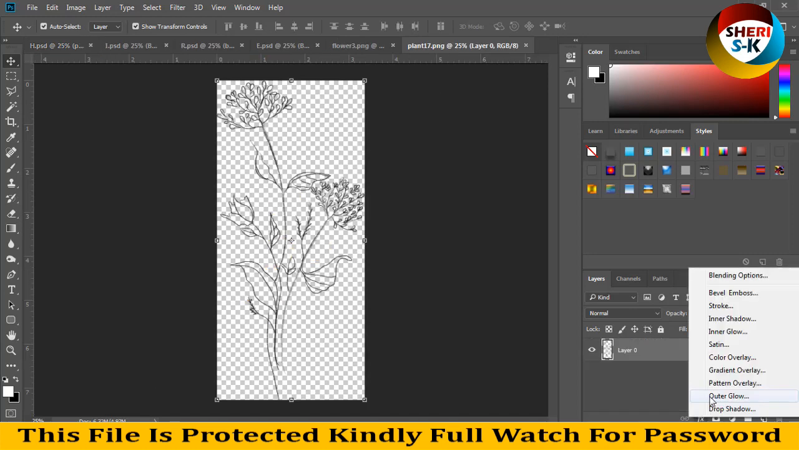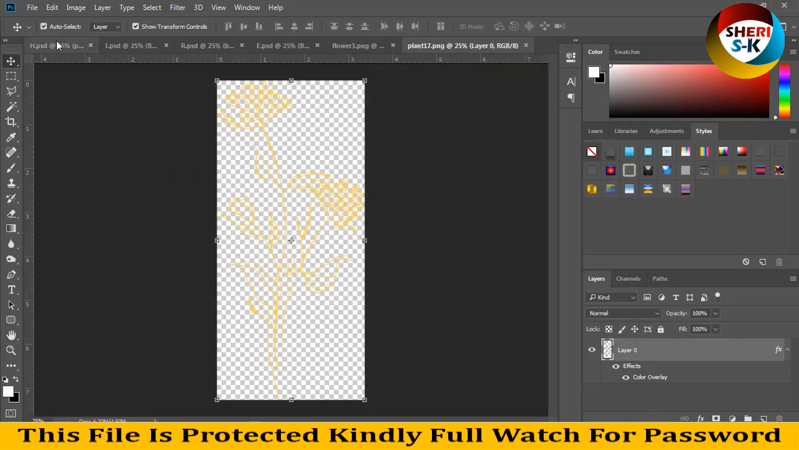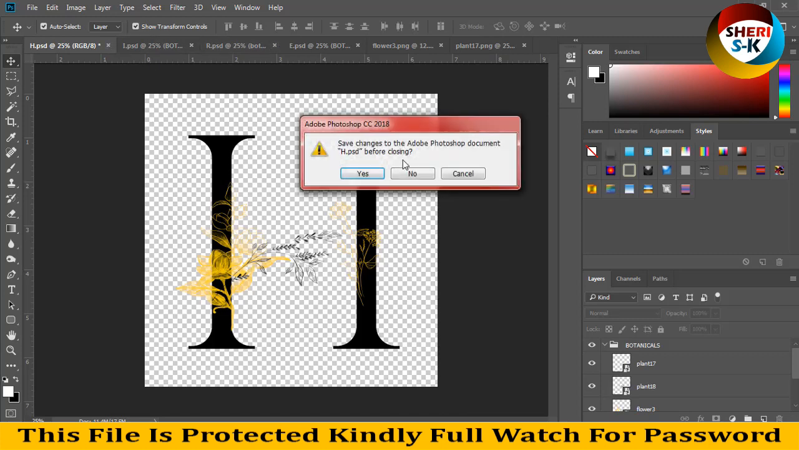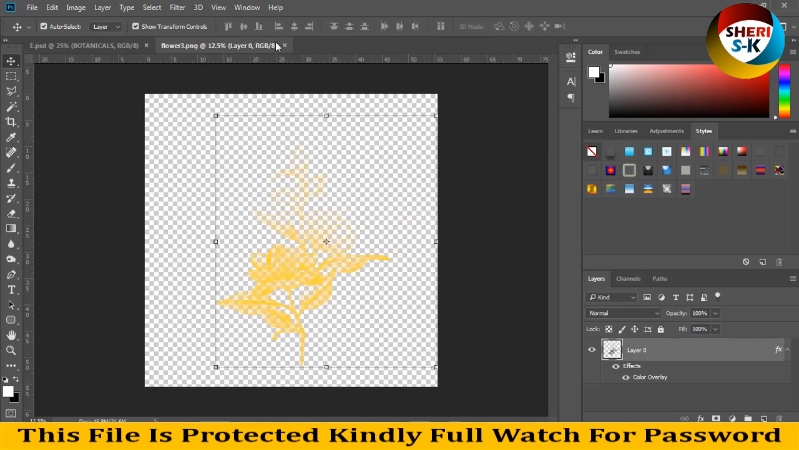Plant. Okay, Control S for saving, and amazing look. So I close this file, and I know you can do better. I don't want to